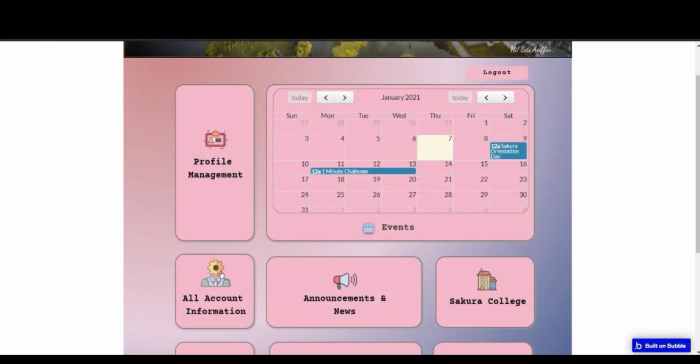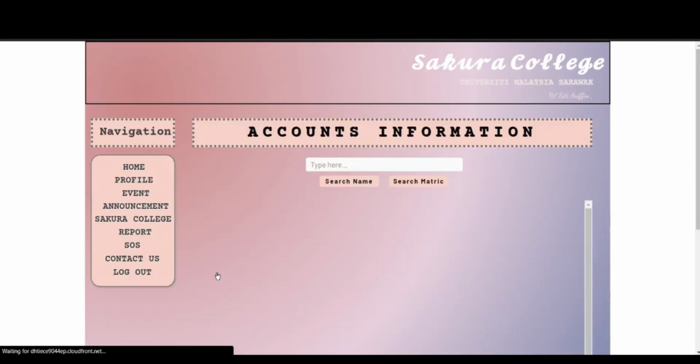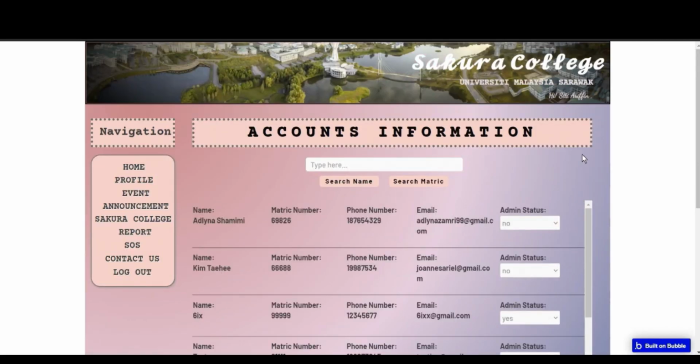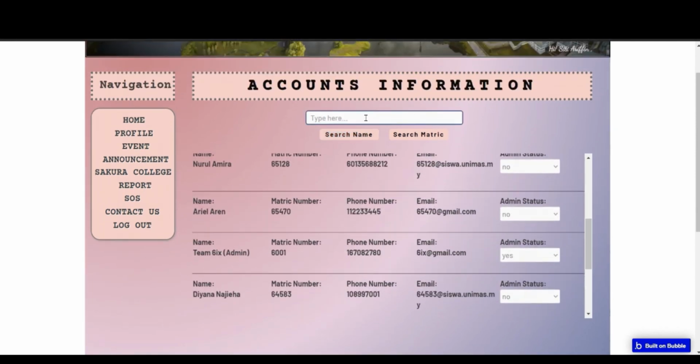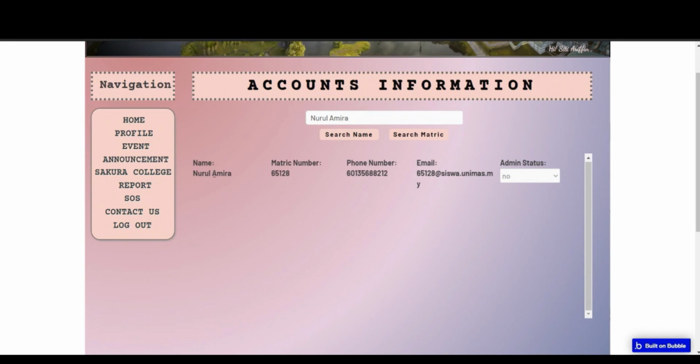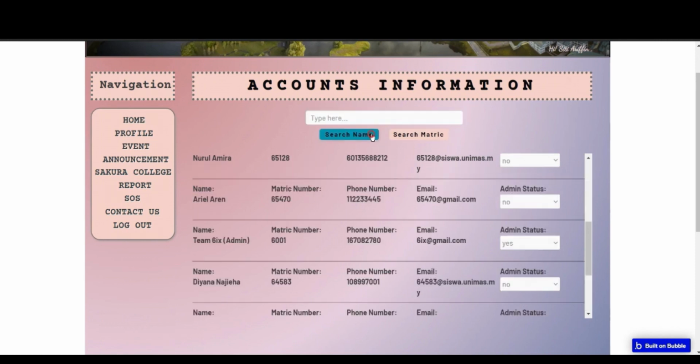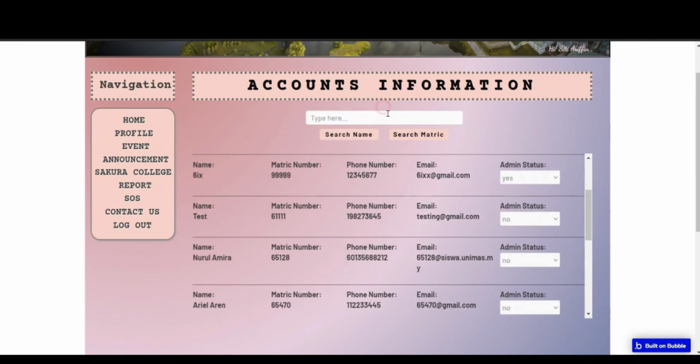For the all account information, from the homepage we click all account information, and then this will give all the registered account under the system. You can either search the name, for example, we search for Nurul Amira, and her name will be only shown. If we search for metric number, example 9999,